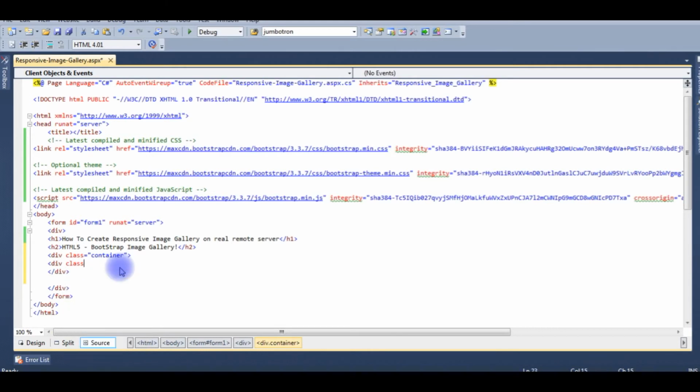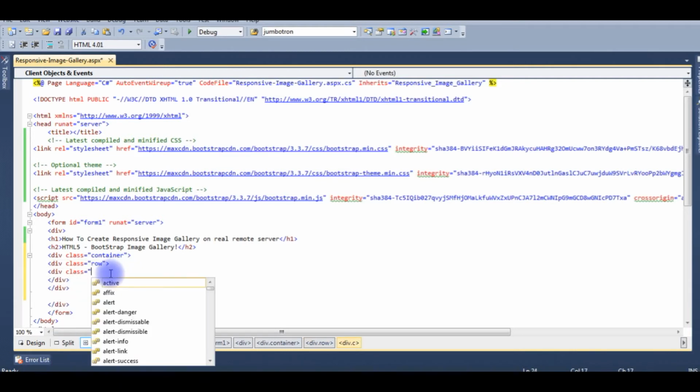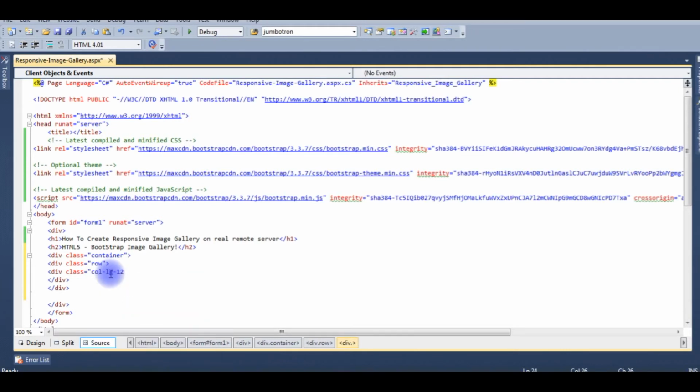Div class, add the row class, row. And the next step is, now add div class col-12. Now the container contains 12 columns.